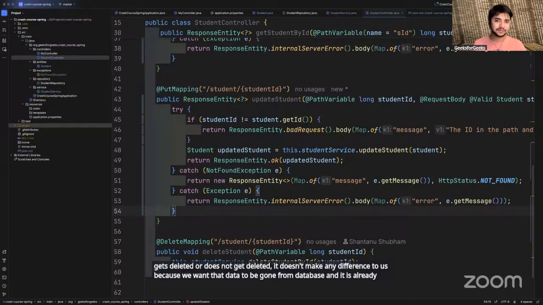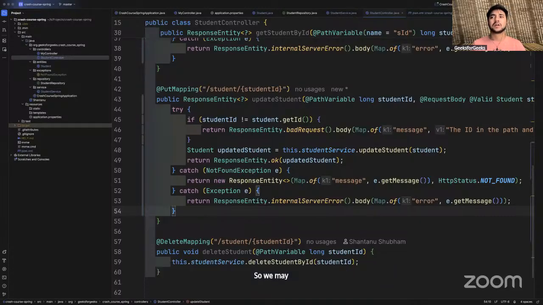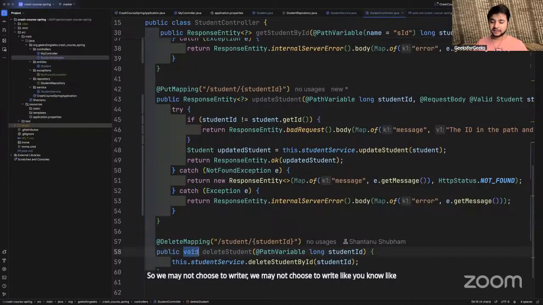So it's okay. So we may not choose to write exception handling in this case.